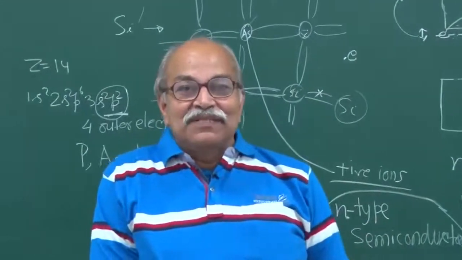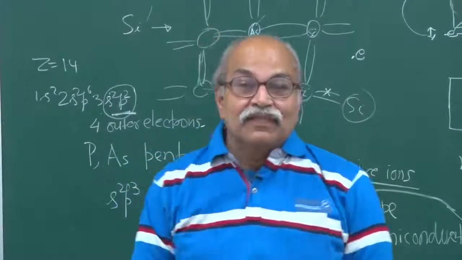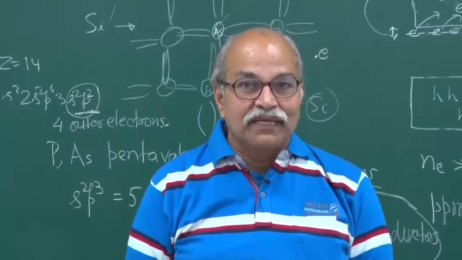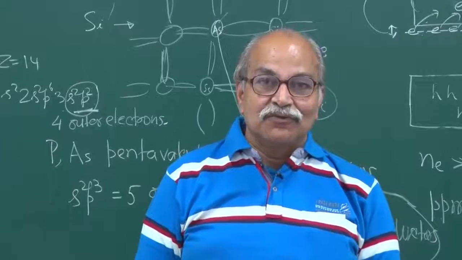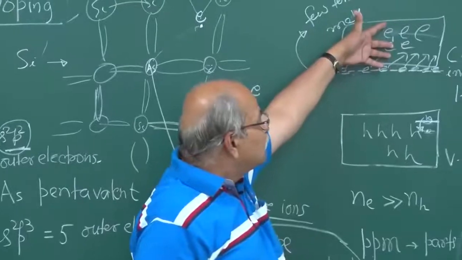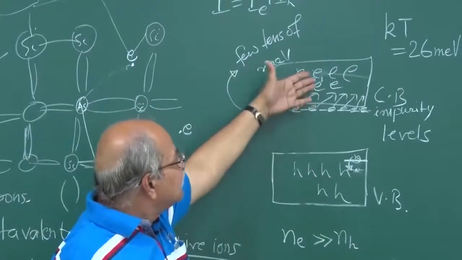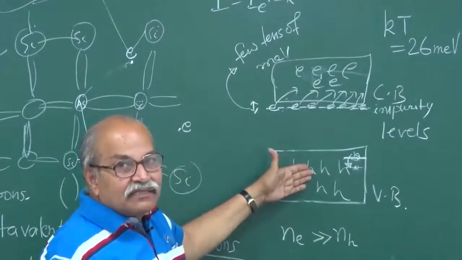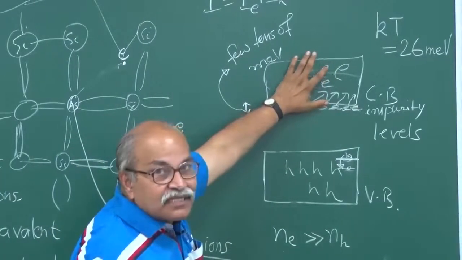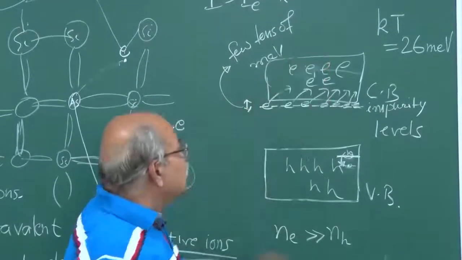The number of holes density goes down. You remember, you always have a generation of electron hole pair and recombination of electron hole pair. If you have a small number of electrons here, and an equal number of holes here, there is some probability of an electron going and filling a hole. But if you have a much larger number of electrons here, you have increased the number of electrons, then the probability